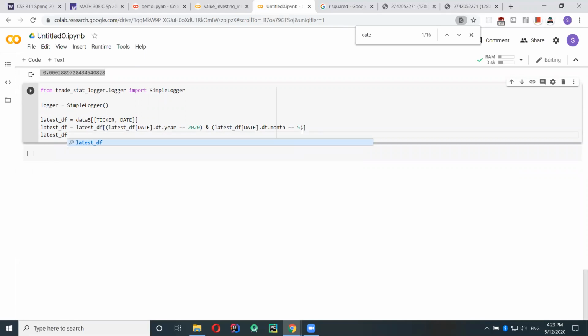Now we want to set the index. If you saw earlier, the indices were all integers. However, we want to set it to the ticker because it'll make accessing the data a lot easier.